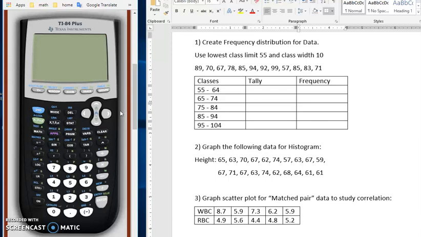Hello, in this video, I'm going to show you the 3 things that we cover in class during week 1 of our summer class. That is to use the calculator to help us to create a frequency distribution from quantitative data and graph some quantitative data as a histogram,